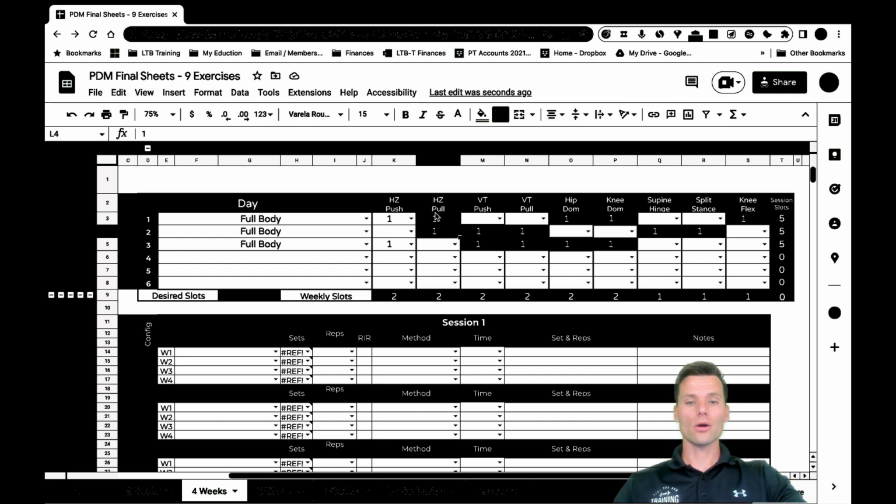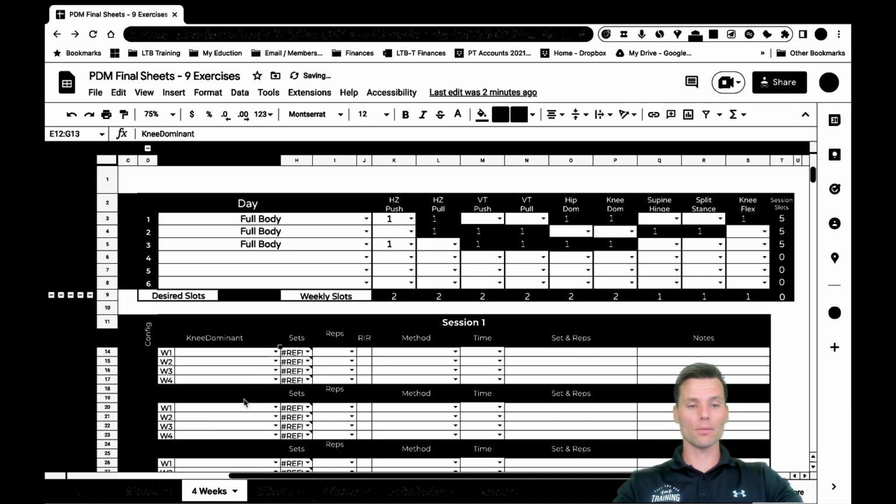So I might be thinking, okay, I'm not going to put a hip dominant movement with knee flexion because they're going to be really competing. So I know, why don't I put my hip dominant movement with my push and my horizontal pull with my knee flexion? So if I was now going to sort this session 1 out, we've said that our main lift